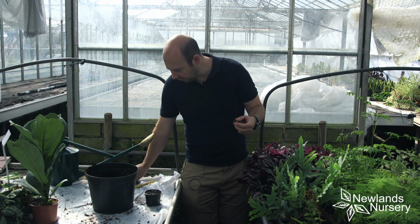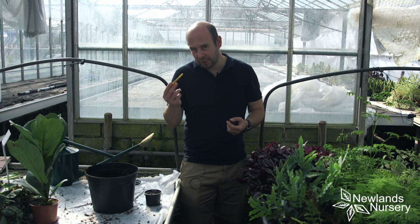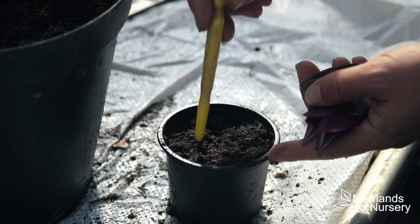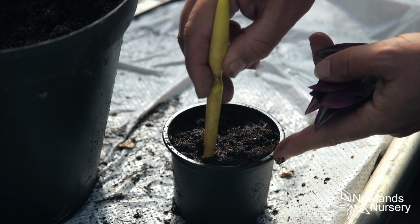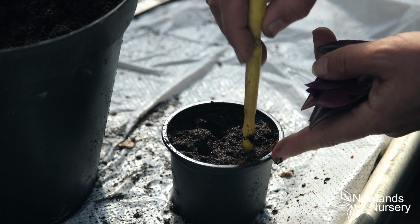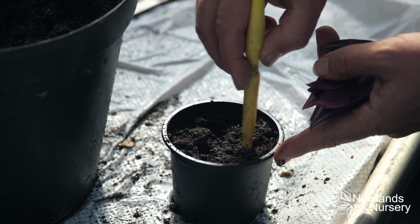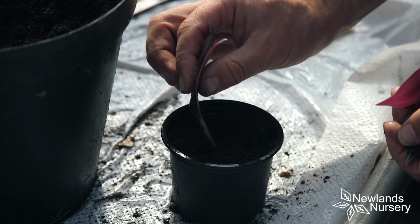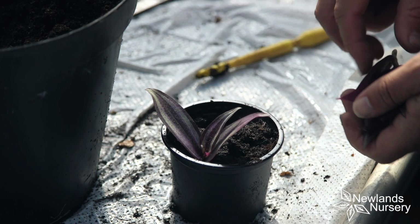So the water's sunk in nicely. Got a dibber, and I just make a nice hole, and what you'll find is now that we've watered the compost, the soil holds together a bit better and it's easier to put the cutting in. So we don't want to bruise the stem or anything like that, which you can do. So I'm just going to pop that in there,